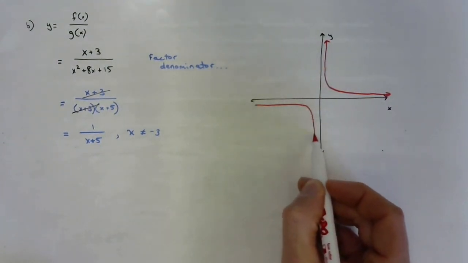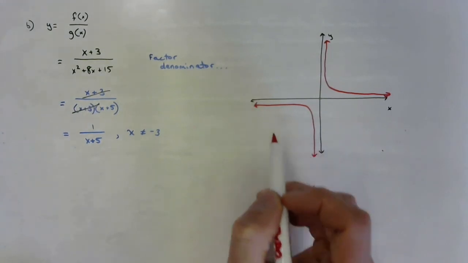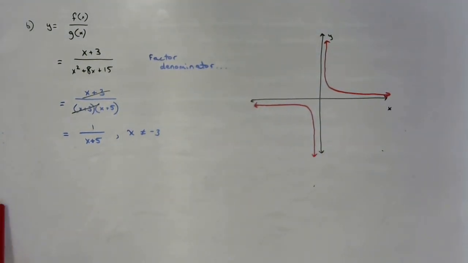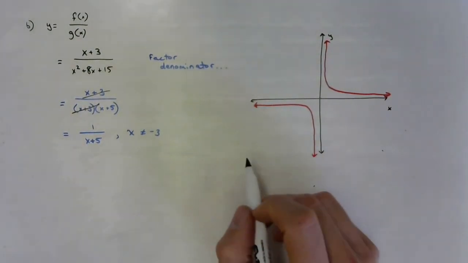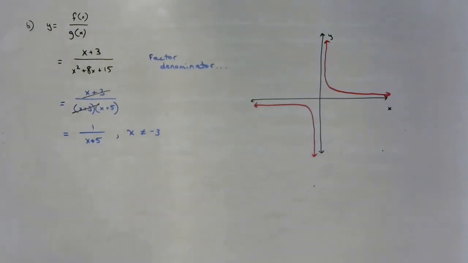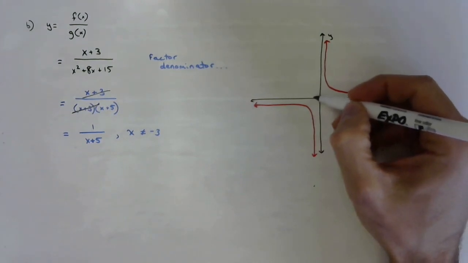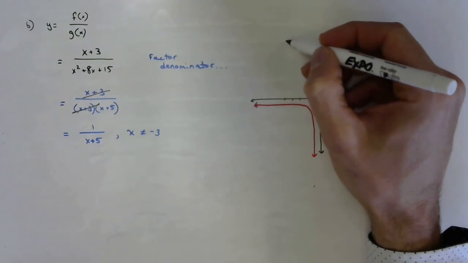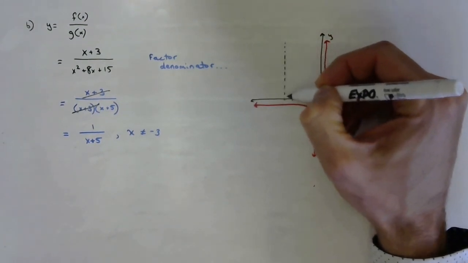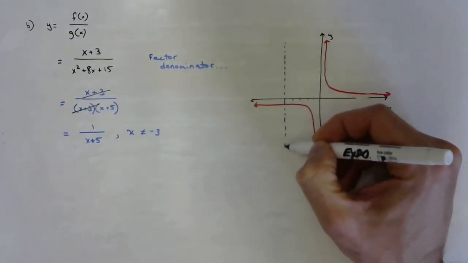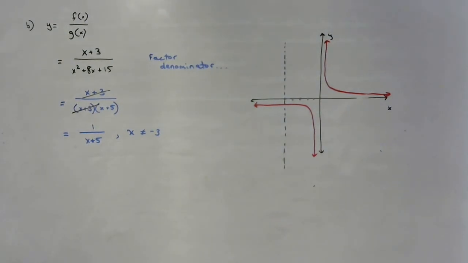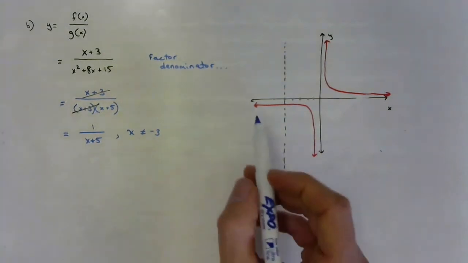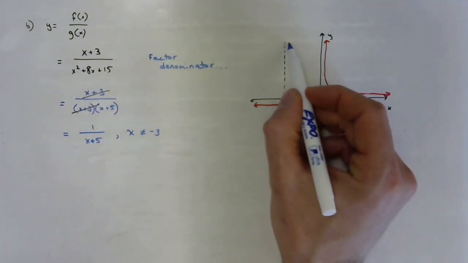Has one leg in Q1 and one leg in Q3. And what we're doing is applying a horizontal translation 5 units to the left. So 1, 2, 3, 4, 5. I could give myself an asymptote there, a vertical asymptote. Haven't moved this thing up or down. I'm just moving the whole thing 5 units to the left, so my new one is going to have the